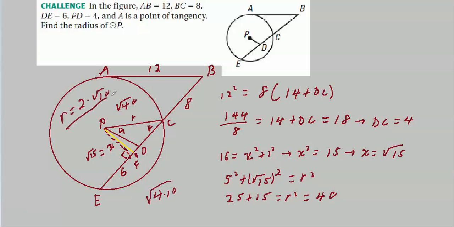Took a while, didn't it? And by now you've probably forgotten what we did. Remember, we had to use our secant tangent segments theorem. Takes longer to say than it does to write. Which told us that 12 squared was equal to 8 times this whole thing, which of course was 14 plus DC. We used that equation to get this segment here. Once we had that, we knew the whole length of EC.